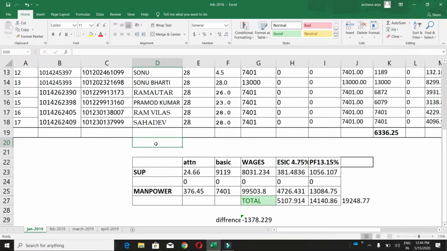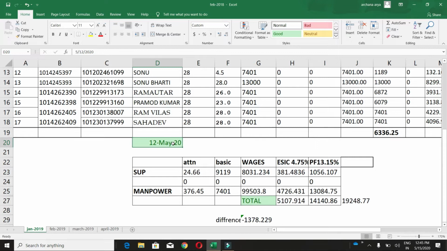So if I enter any date here, like 12 May 2020, see what will happen, it will be highlighted by the green color. So this format we have applied for the date.